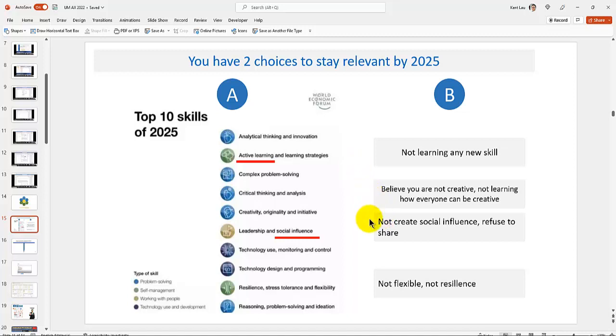It's also a choice whether you share or you don't want to share. You want to keep all the information within yourself, right? You refuse to share, and guess what? You may no longer be relevant by 2025. It's not far from now. We are in year 2023. It's just 2 years. Many people are already aware of this and they're sharing, but they are not sharing